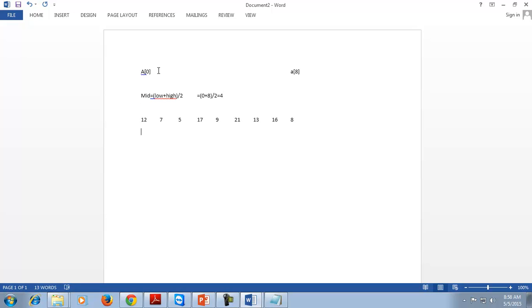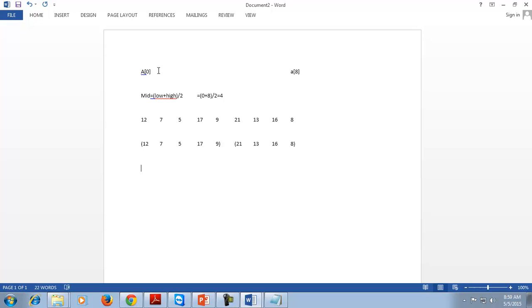It means we will divide the list from array of 4. A of 4 is the mid value of the list. It means 12, 7, 5, 17 and 9 will come in the first sublist, and 21, 13, 16 and 8 will come in the second sublist.